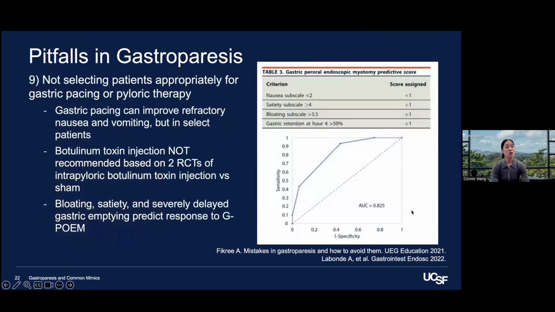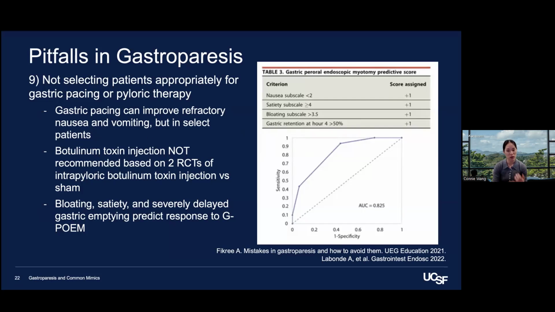And then lastly, another common pitfall I've seen is not selecting patients appropriately for more invasive, non-pharmacologic therapies. Some of the ones we think of are gastric electric stimulators, which we don't actually do at UCSF, but you can refer patients to Stanford or CPMC for consideration. The studies have really been mixed in terms of the results here. And I would say more consistently,